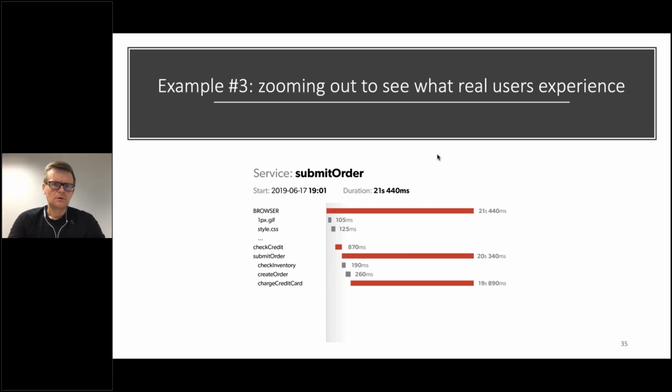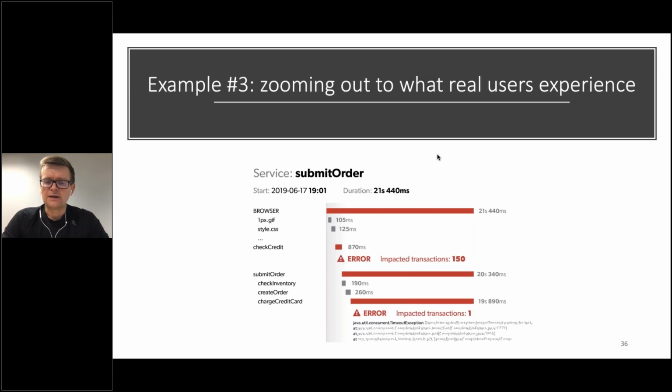So as seen, John really made a user interaction in the browser, probably submitting an order. This started first by doing a few static resource requests to the server. And then before doing a submit order request, which failed, it called a microservice called check credit, which responded directly to the browser and didn't cascade through the submit order. So, and what if those